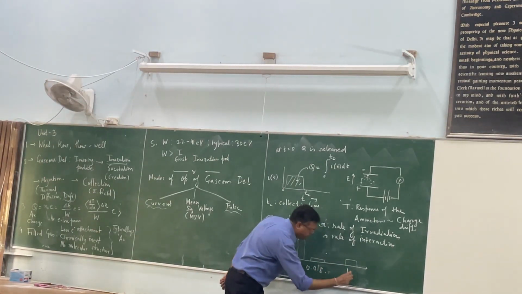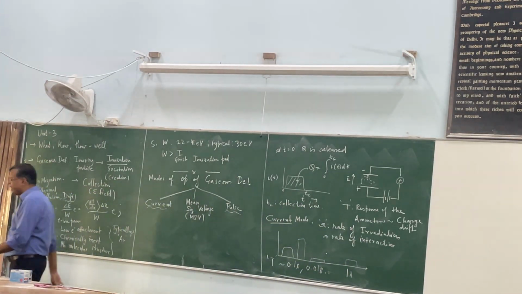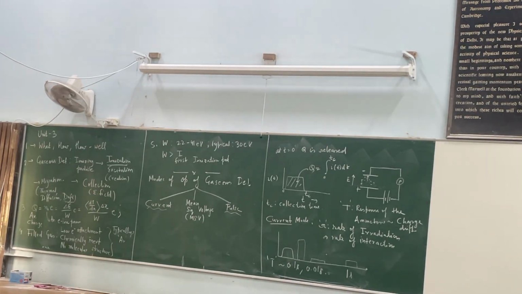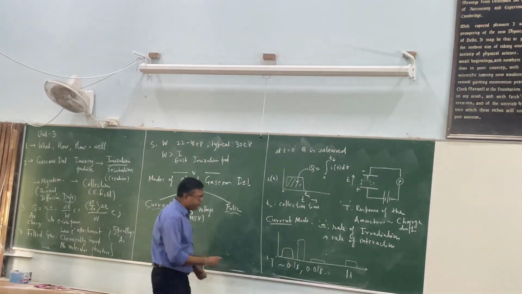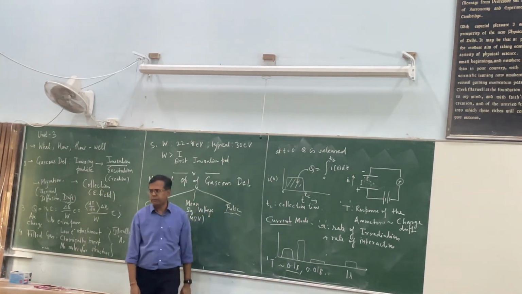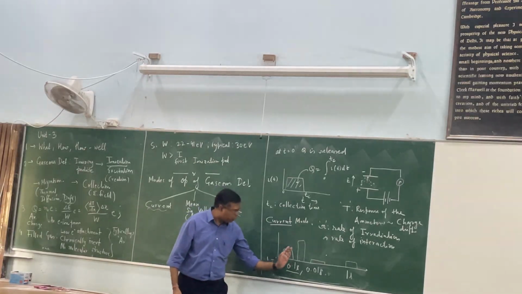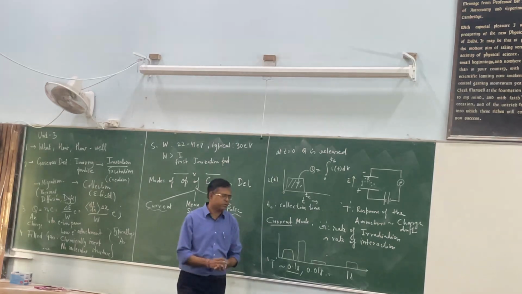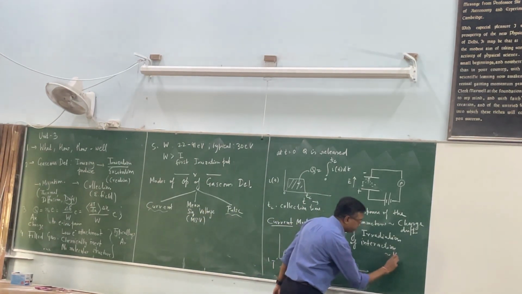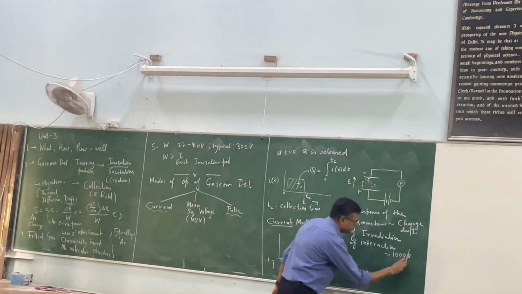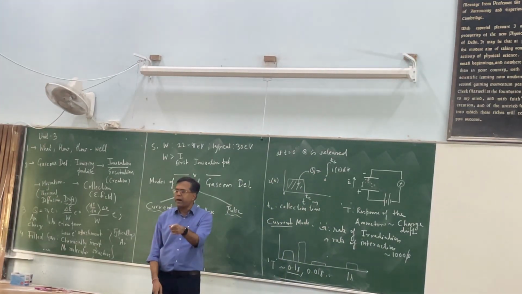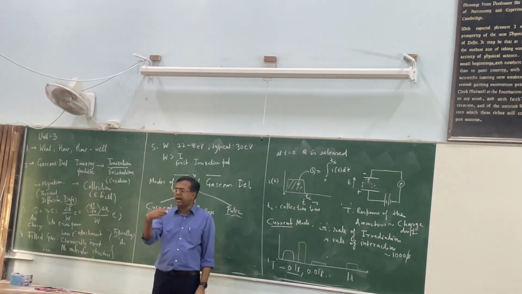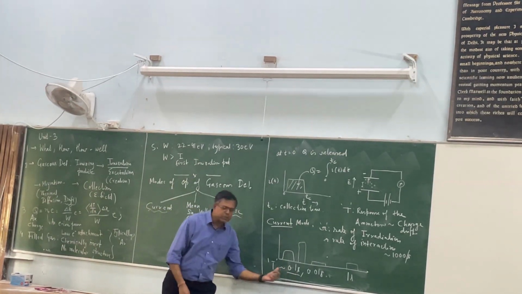We actually have plenty of these. In fact, now we are reaching the point where microsecond and picosecond response times are also there. But when we talk about the current mode, we generally talk about a response time which is much slower than the rate at which the particles are coming. So let's just give some numbers. For example, let's say the rate is 1000 per second. What does that mean? 1000 particles are hitting the detector per second. So in 1 second, 1000 particles are hitting. If the response time is 0.1 second,